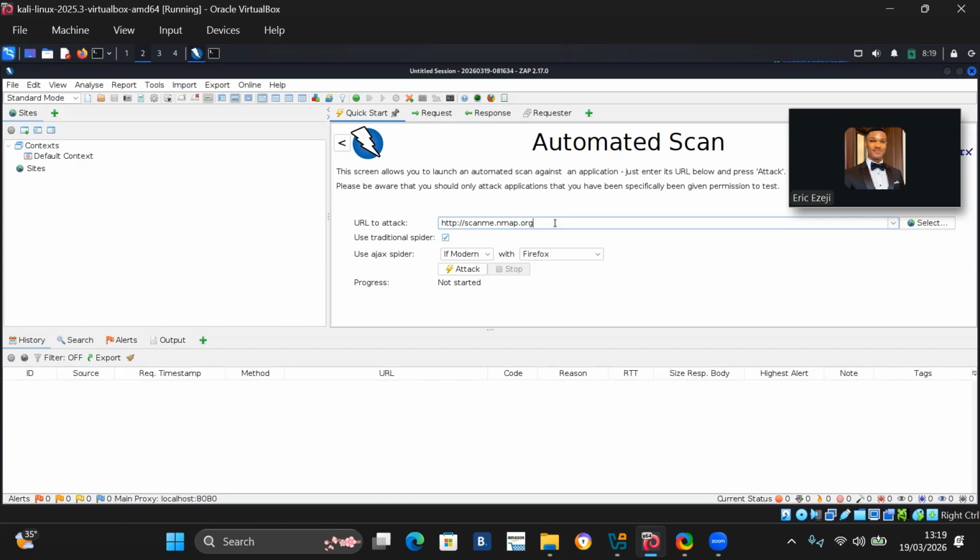All right. So step 4, we are going to start the scan. Click the attack button to start the scan. As you can see, it says perform a quick penetration test on this URL. So just click on it. Once you click on it,